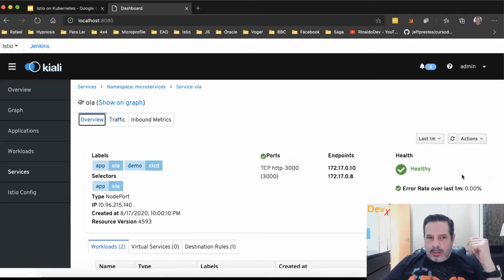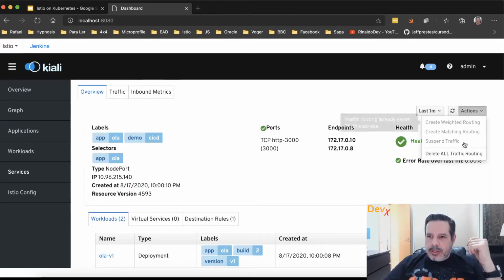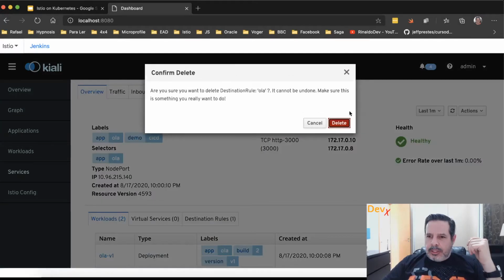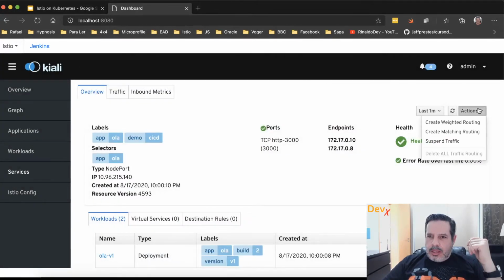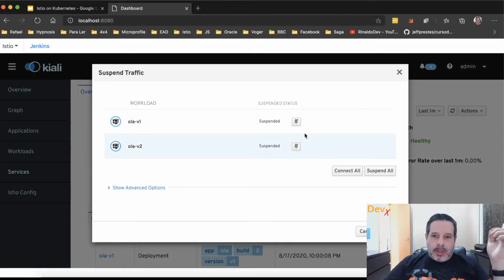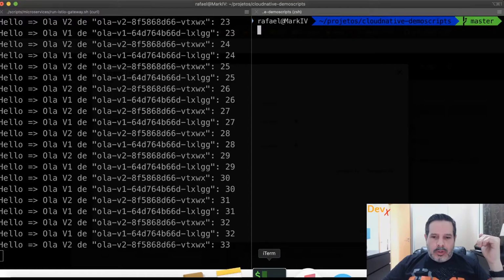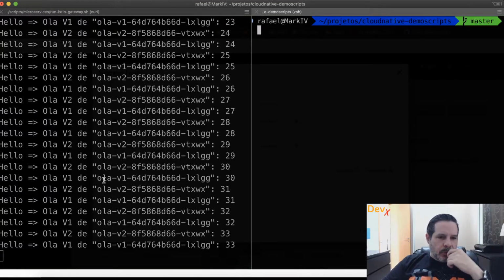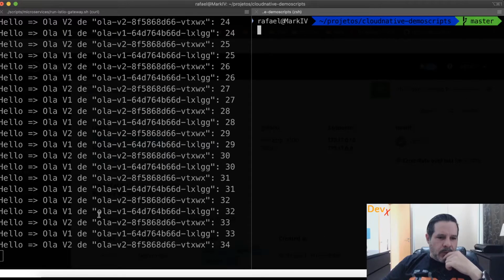and I can select here, for example, let me delete the current data and create and suspend the traffic. So what I will do is suspend the traffic on both and keep connected only v1. Once I create that rule, you will see here that it will change and have all the requests going to v1.